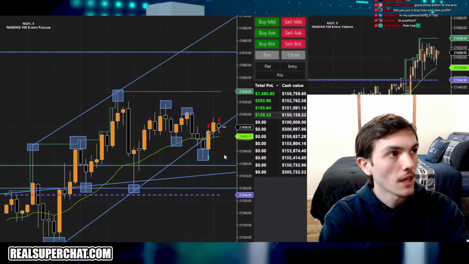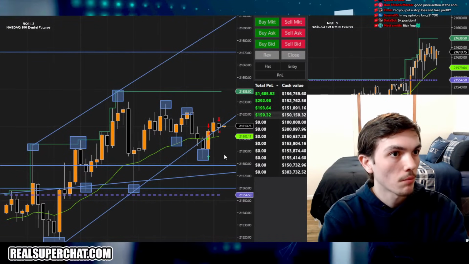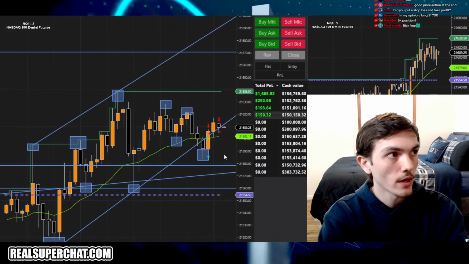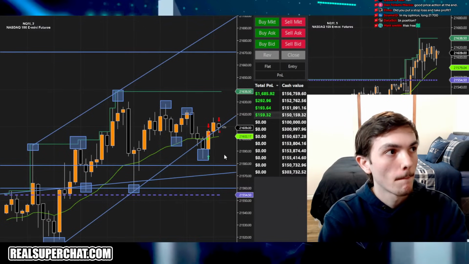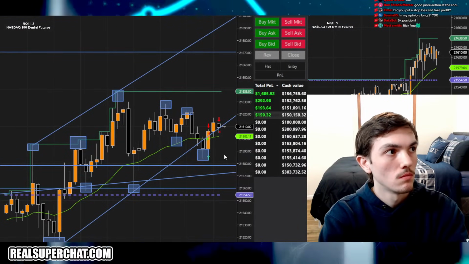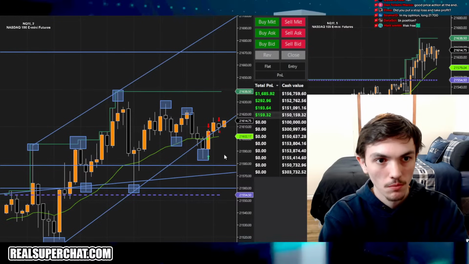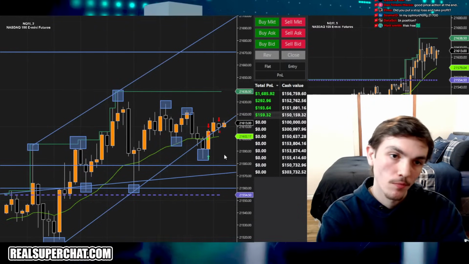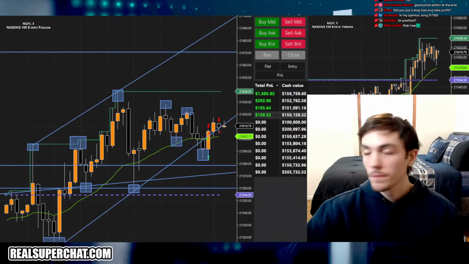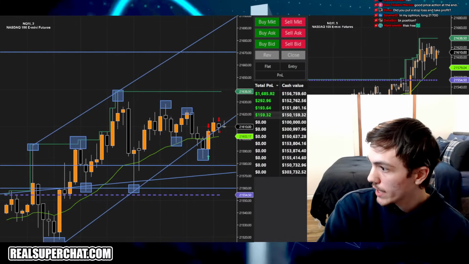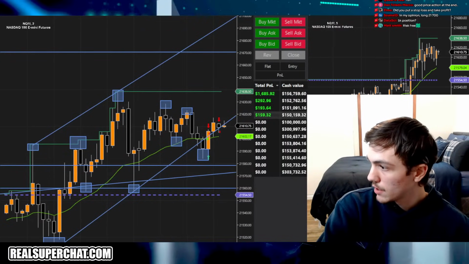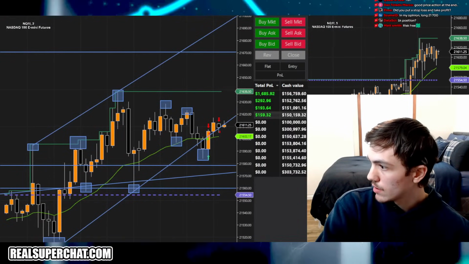Could have just held stop at break even. It's all hindsight. Plus, I don't really want it if it wicks that far out of the range. ES does look like it's going to continue. Nvidia is still continuing. All hindsight. Can't really beat yourself up. Risk free, that is correct. 5K position, no. In my opinion, long, yep.